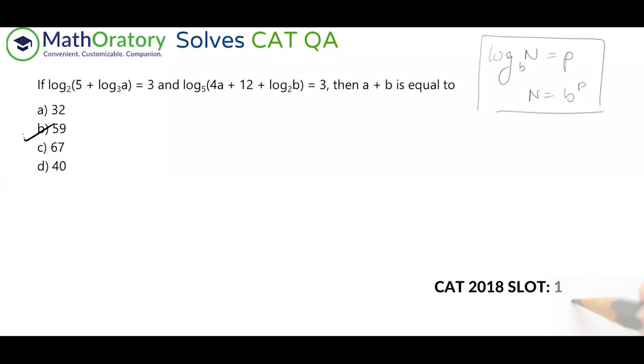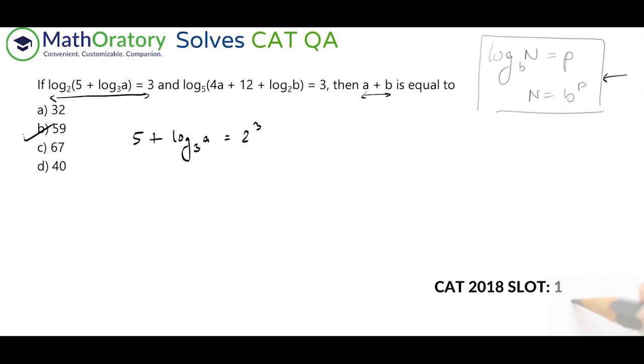So let's start with this part because this has only A, and doesn't have a part of B. The second part has both A and B. We are looking for A plus B, right? So let's figure out A from the first one. Everything else is constant, so we can do this. First, apply this basic idea on the entire log. So according to this, 5 plus log of A base 3 should be 2 cube, right? This is 2 to the power 3, b to the power p. So once you know that, the rest of it is also easy. So let me just take this off. So you have something like this.